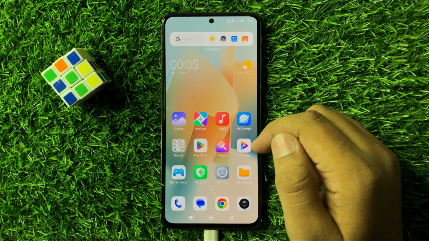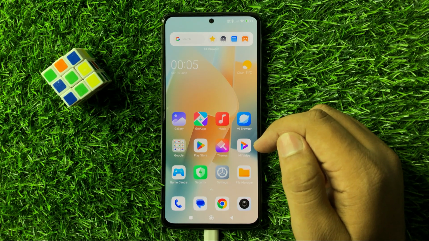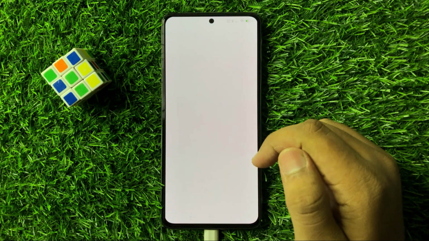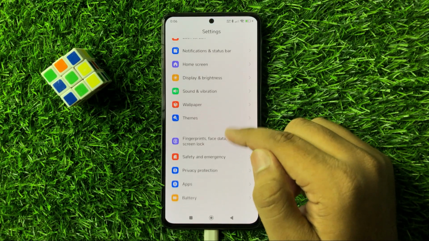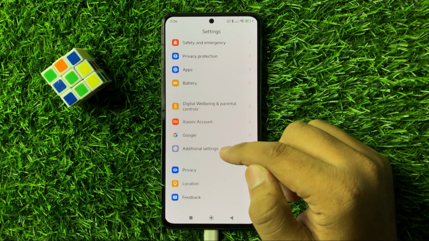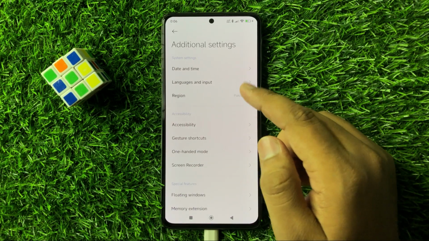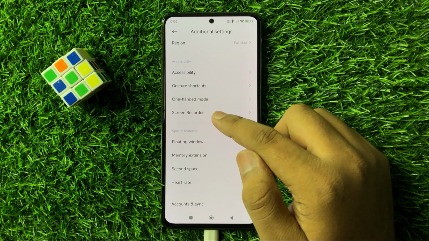In this video I will show you how to enable and disable screen touches while screen recording on Redmi Note 13R. So first of all, open settings. Now in settings, scroll down and click on additional settings. Now here in additional settings, scroll down and click on screen recorder,